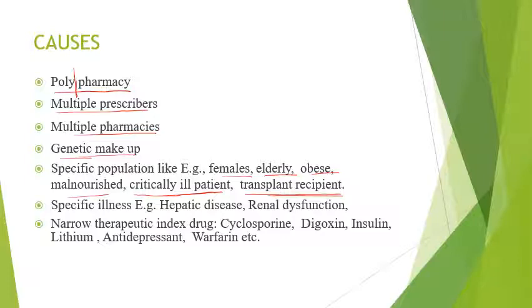Specific illnesses: hepatic diseases and renal diseases. Hepatic is for the liver, renal is for your kidney, the excretory system. Hepatic generally deals with the metabolism of the drug, whereas renal generally deals with excretion. So if there is a disease or a condition which affects either of the systems, it would simply lead to chances of drug interaction, because this is a disease or a dysfunction. So we have initially talked about 4 things with which a drug can interact.